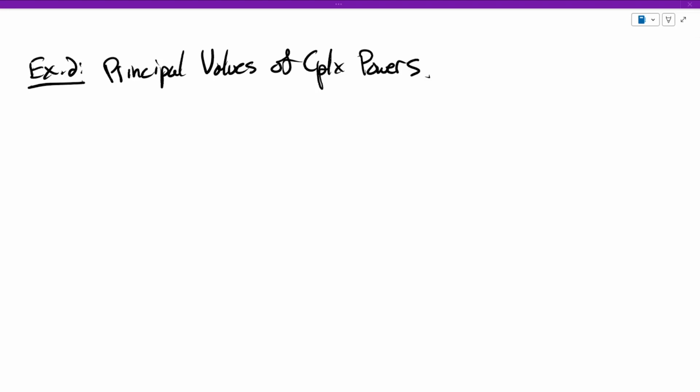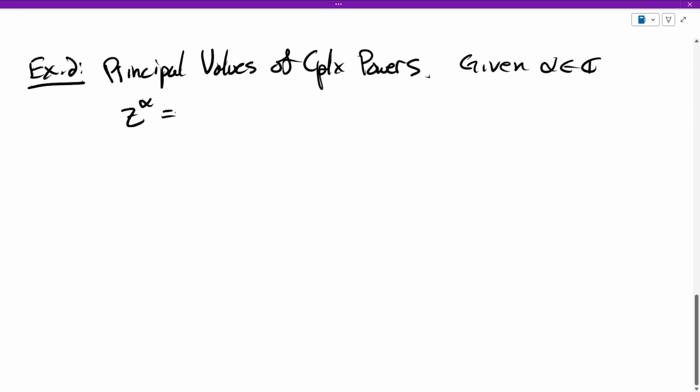Okay, so we've introduced complex powers, and we saw they were multi-valued. So anything that is multi-valued in complex analysis usually has a principal value. So what is the principal value? Well, remember that z to the, let's see, how is it stated in your book? z to the alpha, where alpha is a complex number. So given alpha in C,